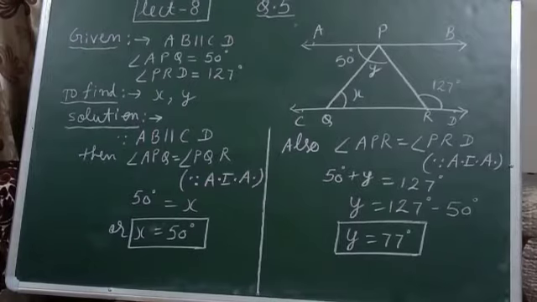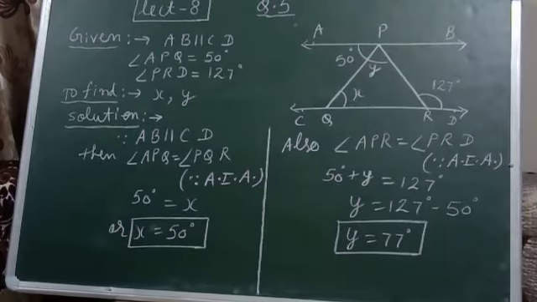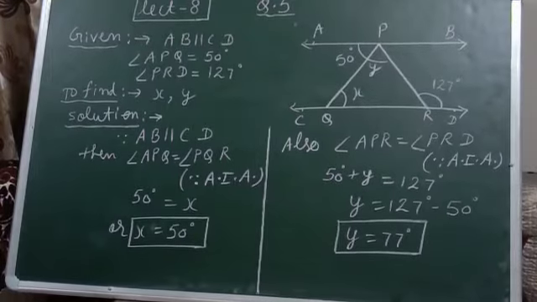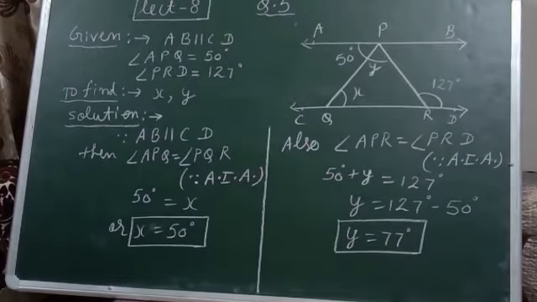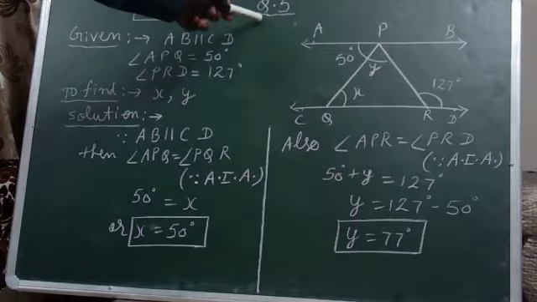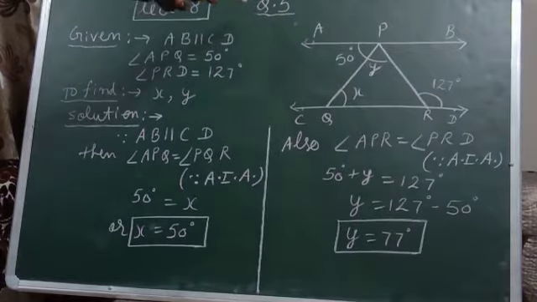So up to now we studied, in the first exercise, linear pair of angles and vertically opposite angles. Then in the second exercise we studied that when two lines are intersected by a transversal, three cases are generally formed. First, corresponding angles; second, alternate interior angles; and third, consecutive interior angles. Out of these three, alternate interior angle is generally used. Now let us see question number 5 of exercise 6.2.